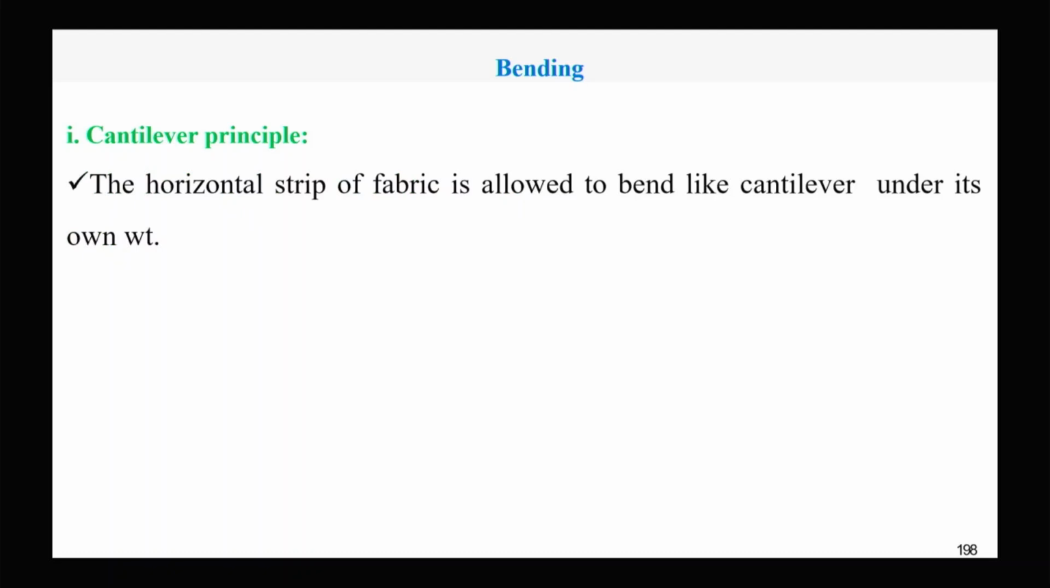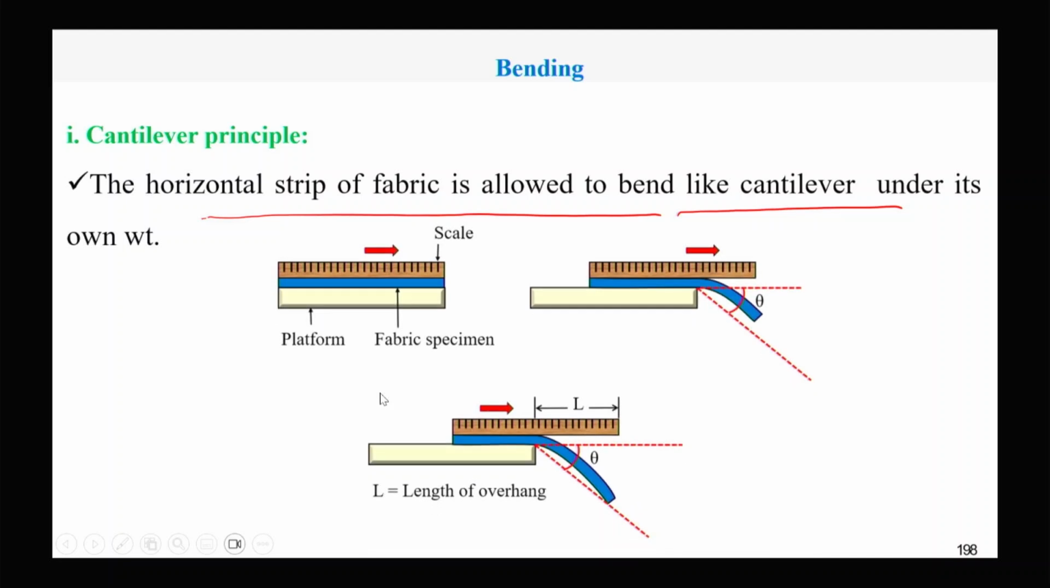The first low stress mechanical characteristic is bending. Bending is tested generally using the cantilever principle. A horizontal strip of fabric is allowed to bend like a cantilever under its own weight. In textile material, we don't apply any additional weight. On its own weight, we allow the fabric to bend. Suppose this is the platform, and here is a fabric specimen in blue color, and on the fabric specimen one standard scale is placed,